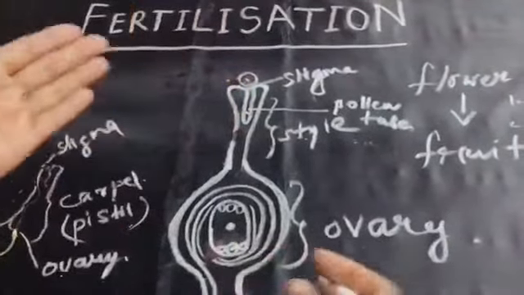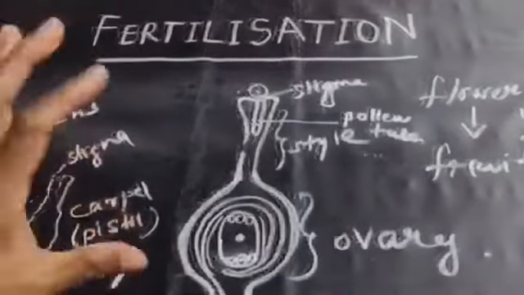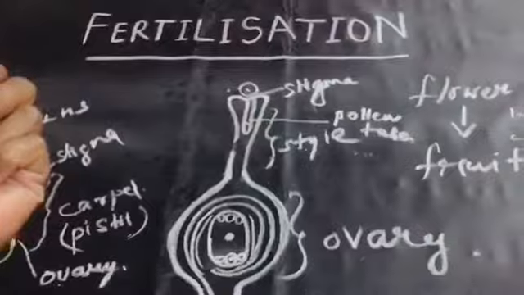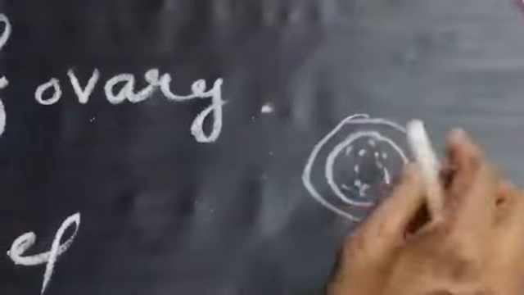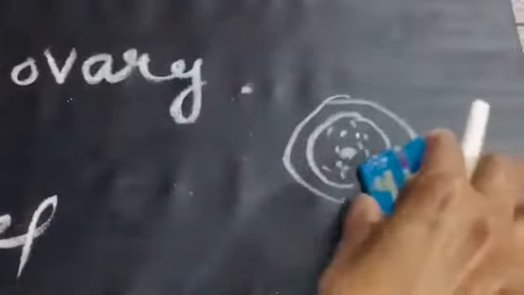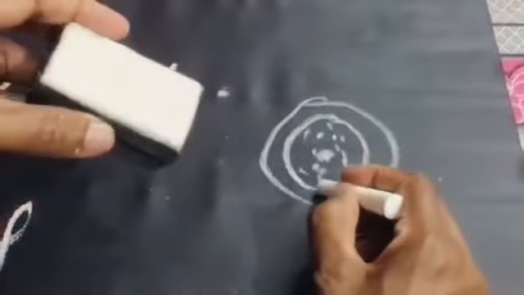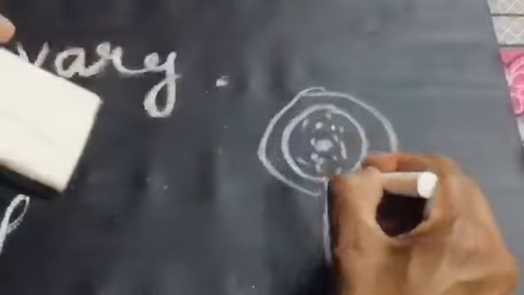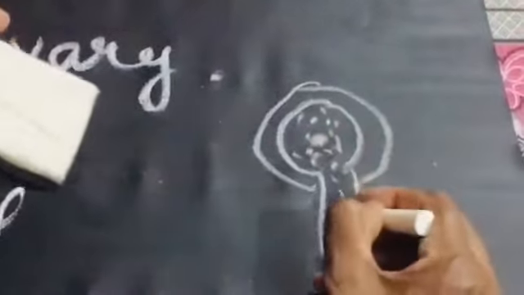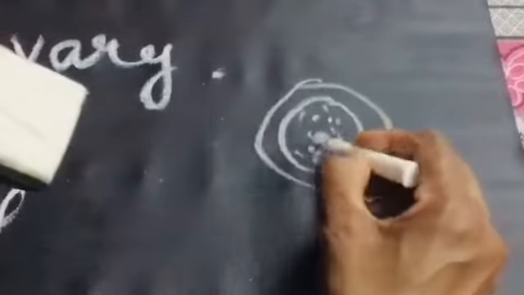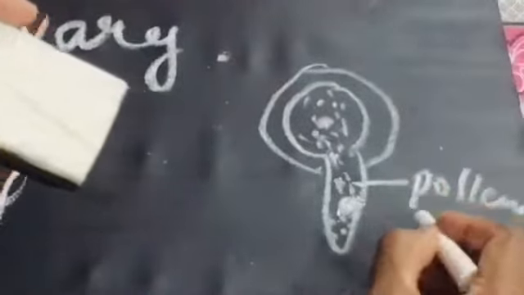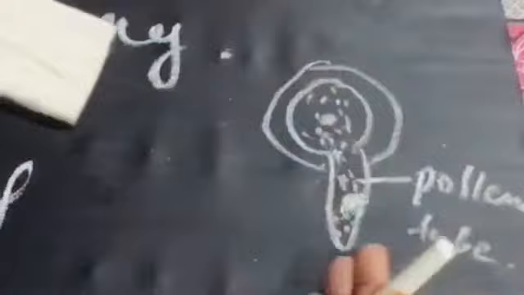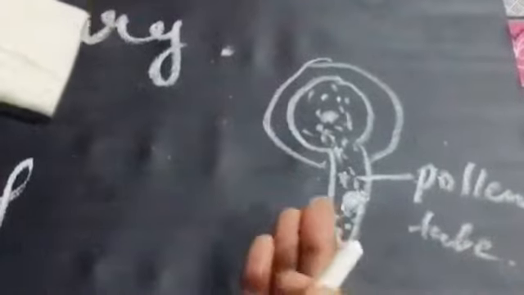You don't have to learn in detail about the germination of the pollen grain. Still, for your knowledge, I'll just say once. Actually, pollen has two walls, an outer wall and an inner wall. Just like any other cell, it has cytoplasm and a nucleus also. The outer wall breaks and the inner wall grows down in the form of a tube. So the cytoplasm of course moves downwards, bringing this male nucleus. So this germinated pollen grain is known as the pollen tube.